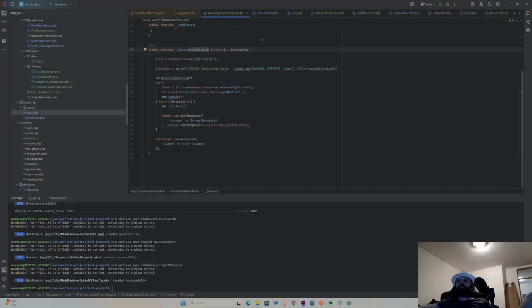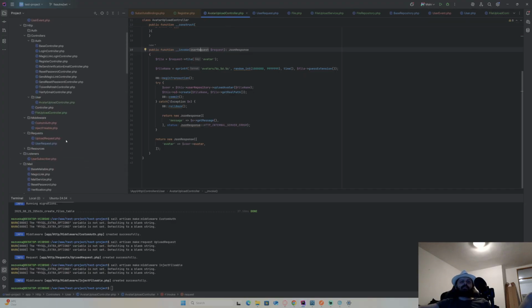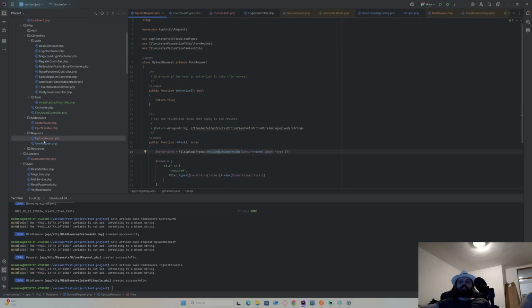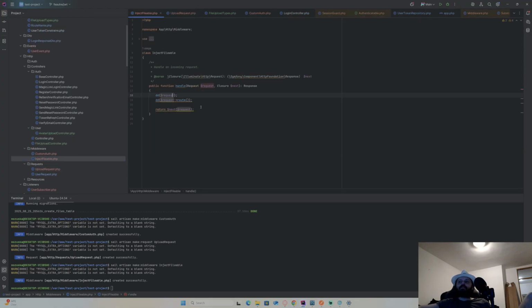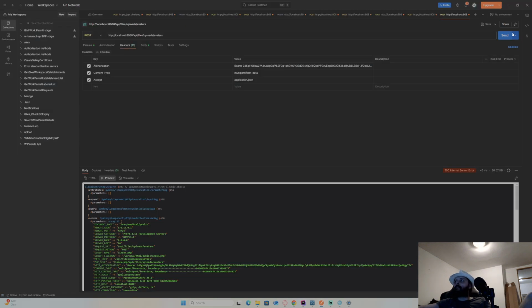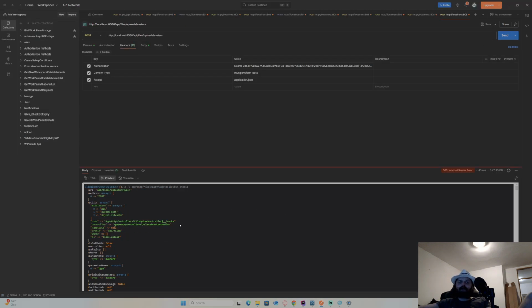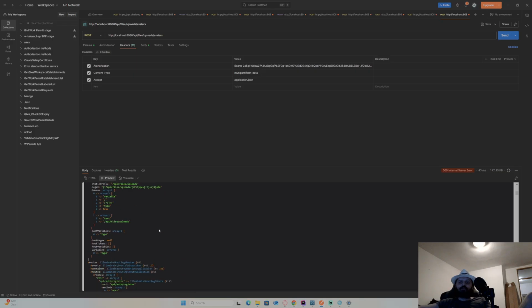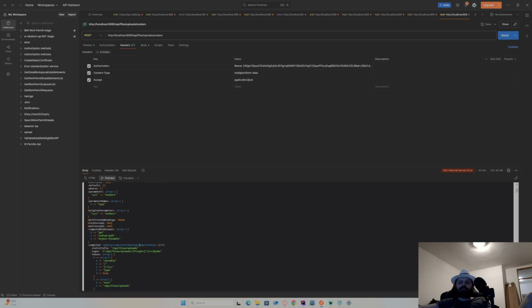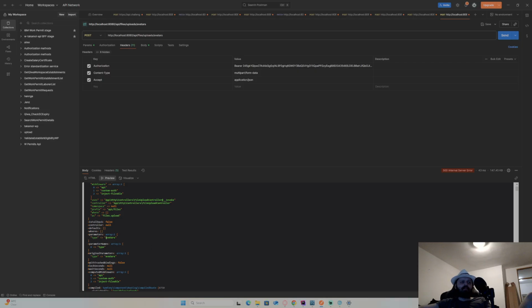So basically, if I add it directly to the parameters, it should be automatically set according to this. So let's try it and see what happens. Okay, upload request. No, not upload request. Inject fileable. So let me just add another DD of the route just to see. So I have my parameters here, right? Just type avatars now.